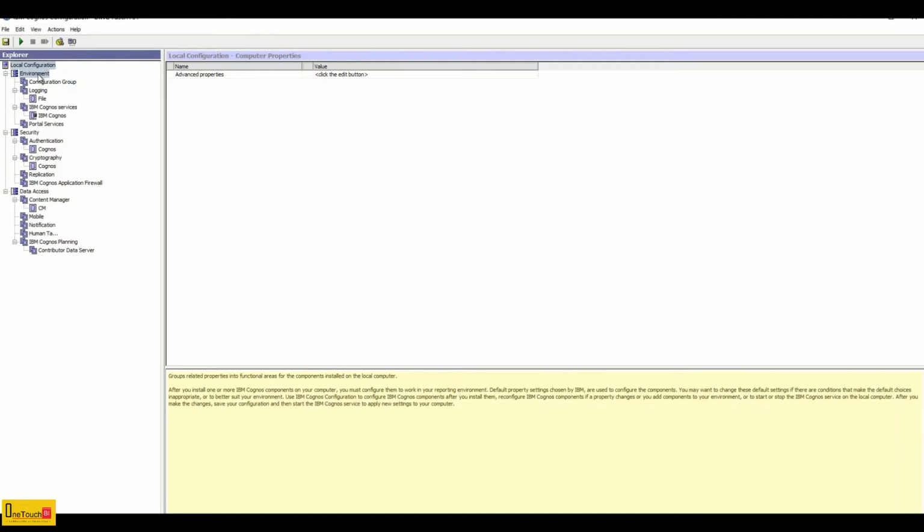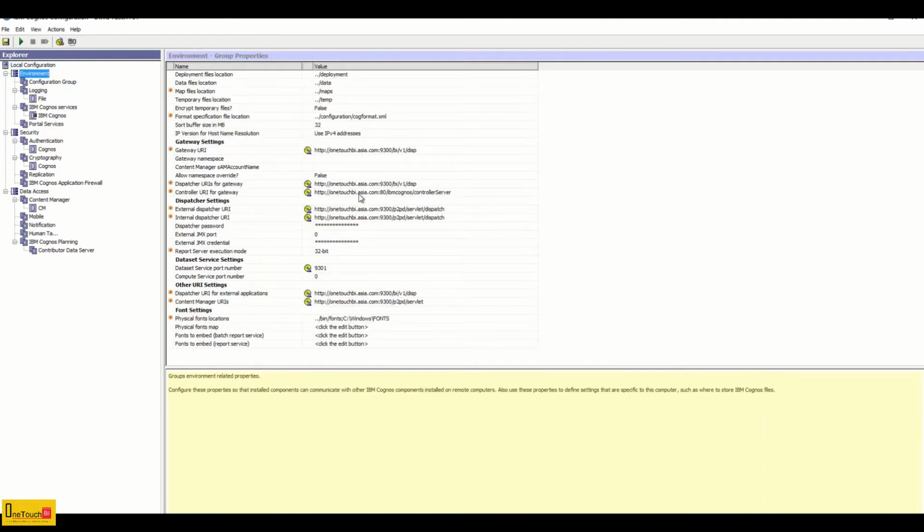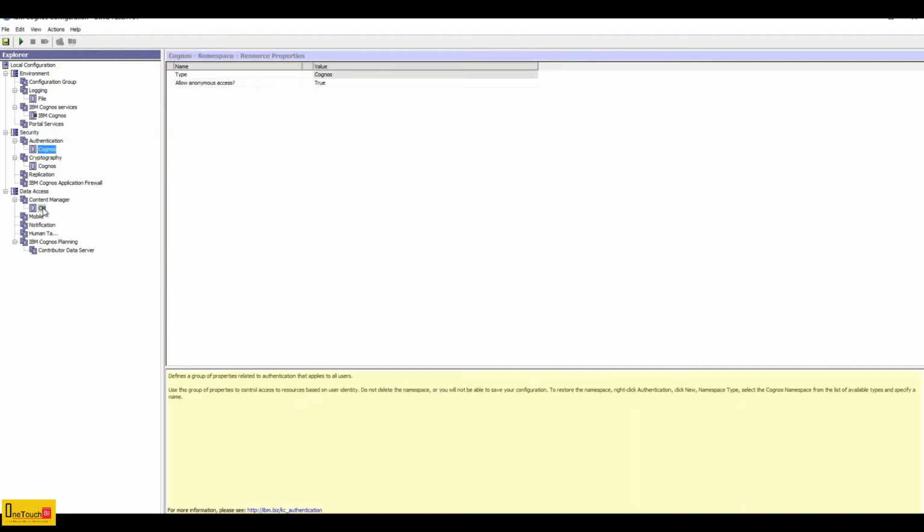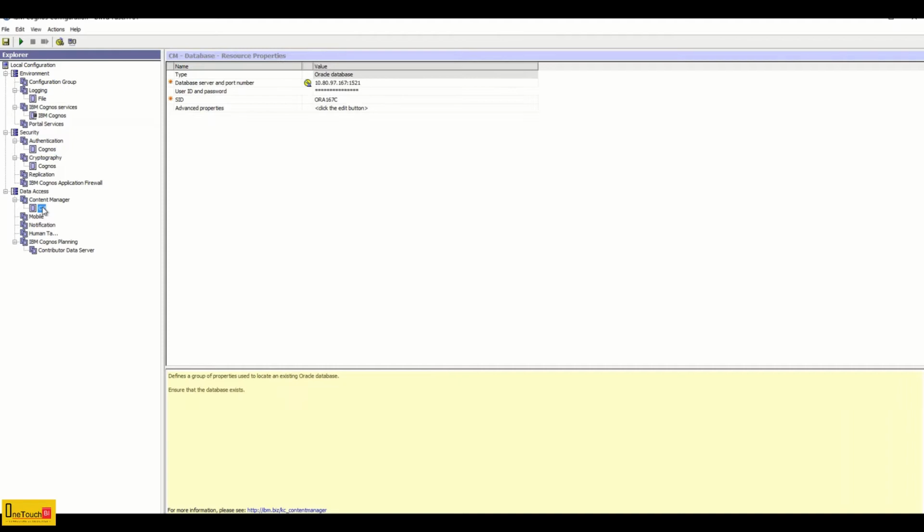Now we need to quickly check whether all our settings are in place. So let's randomly check all the configuration settings we made in the past. It all looks good. So now I will go and restart the content manager connection.